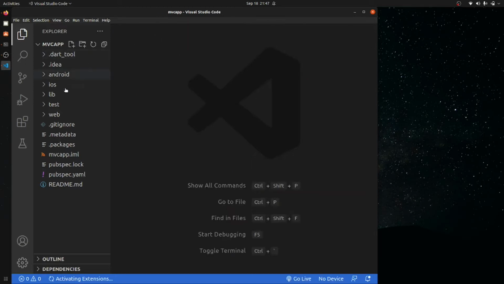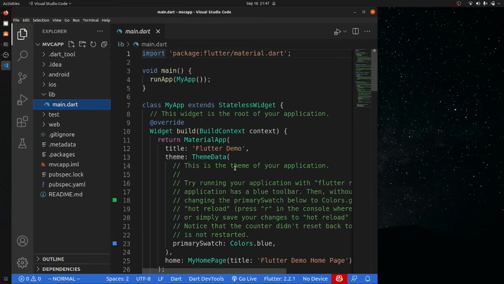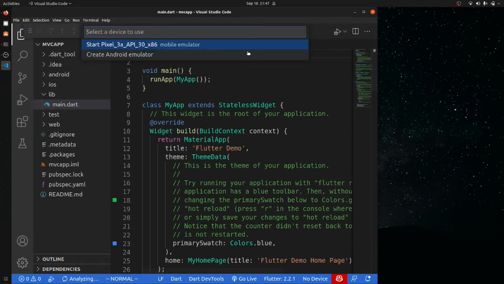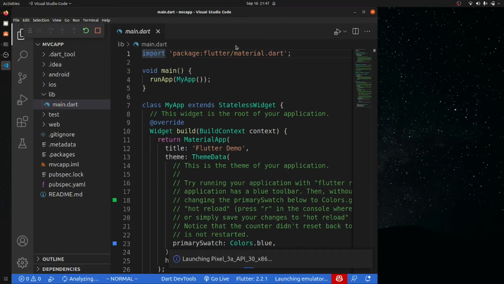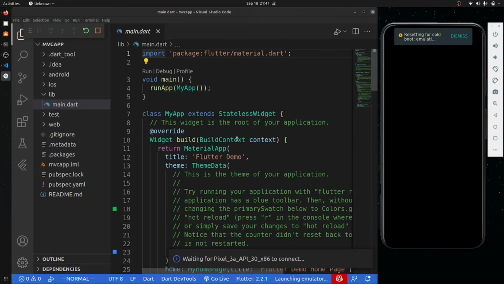So we know that this is the boilerplate that we have, it is the counter application. Okay, so basically what I will be doing, I will also be creating a counter application. So let me just firstly run it, because I know that it will take much time. So what we will be doing, we will be basically creating a counter application with this MVC pattern.